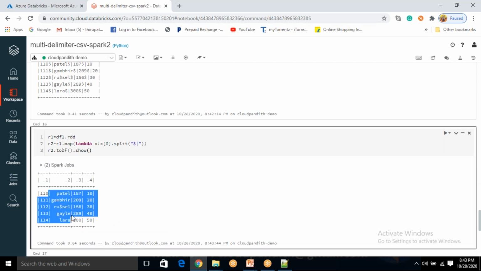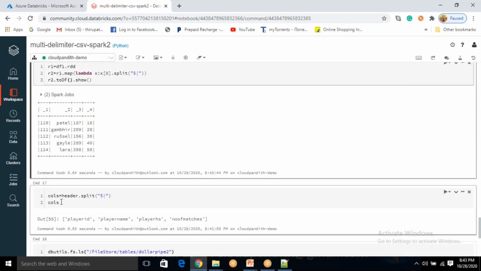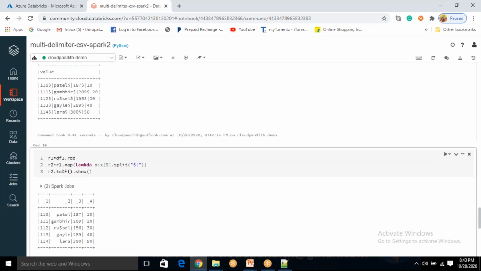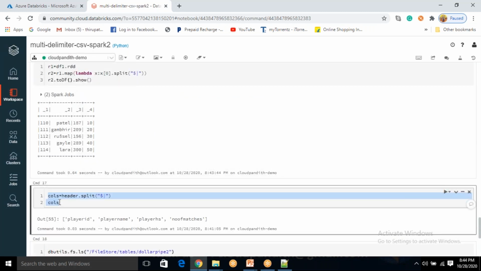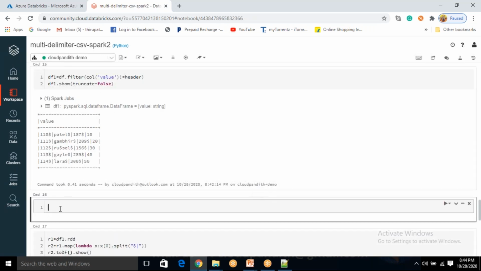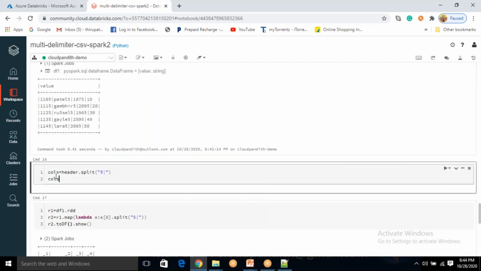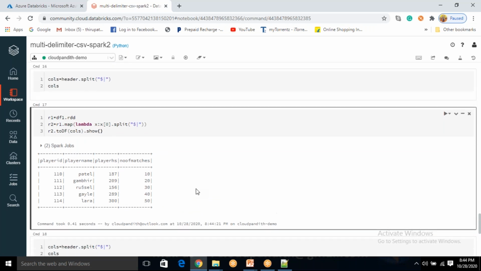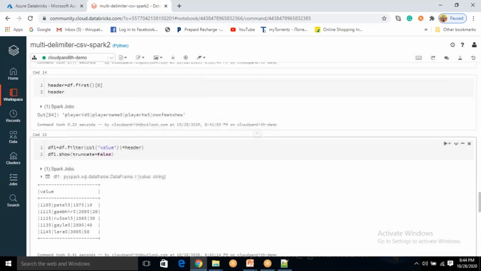You are able to see the data, but column names are not available. What do you need to do? You already have cols available, right? You already executed it in this cell, so the cols variable value will be available across cells. One thing you need to do is, before you use this variable, calculate its value. So you split the header and assign the column names to this variable. This cols I need to pass to this toDF so that I won't get _1, _2, and instead get proper header names. Now see player ID, player name, number of matches. I just explained each and everything in detail.